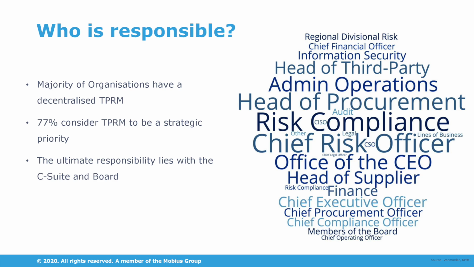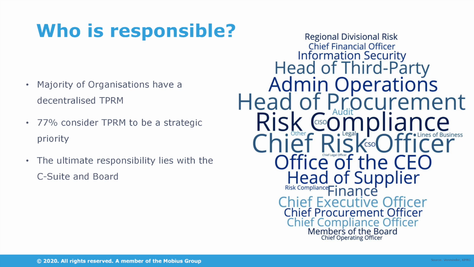in place. At this stage, third-party risk management really needs to sit with the C-suite and the board. That's as a result of the immaturity, I would say, of the science within organizations. So, we need someone senior with broad visibility that can pull all the pieces together, because there's no one central area within the business that owns third-party risk management. And then also just a show of support for the nature of third-party risk management. Ultimately, I think it will sit in some sort of risk function, but for now, we still see a decentralized